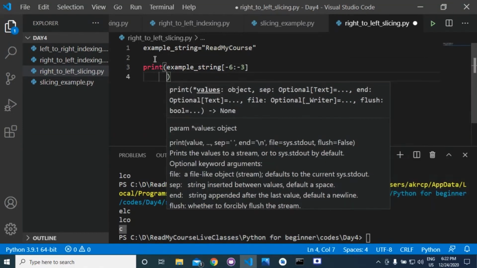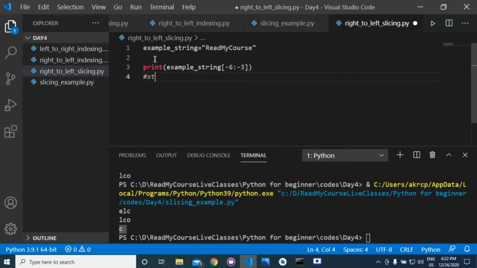Here the value of start is -6 and the value of stop is -3. So we'll get the values from -6 to -3 minus 1, that is equivalent to -4. So we'll get values from -6 to -4.